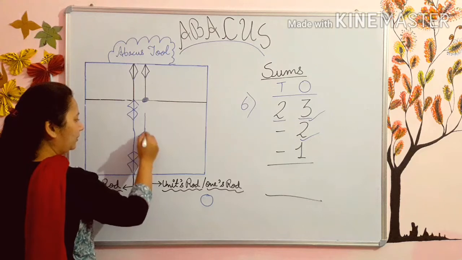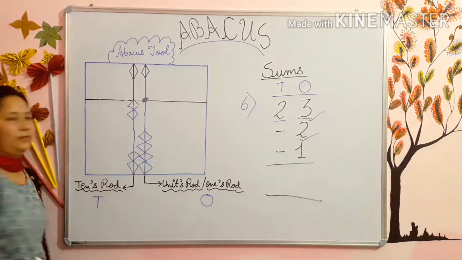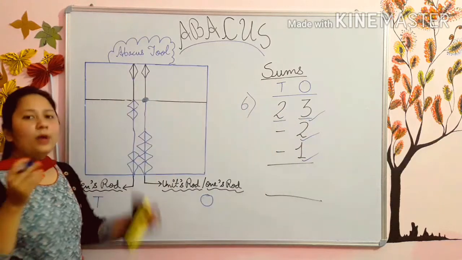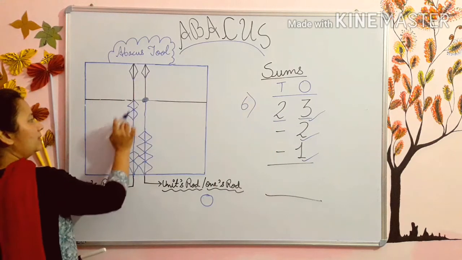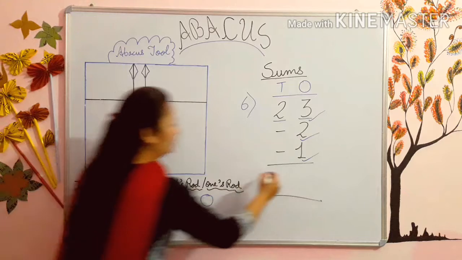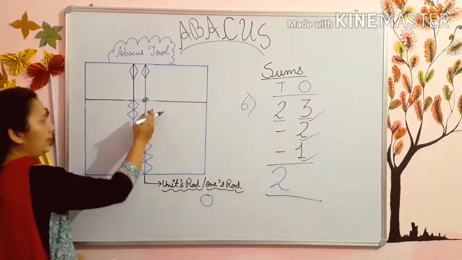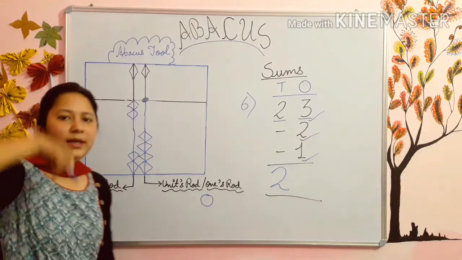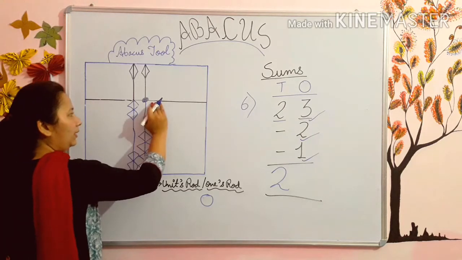आपको नीचे कर देनी है. Down. Then you have minus 1. Now answer. See, here is 1, 2. And here is nothing. See, when you will put the bead up, जब आप bead को ऊपर करते हैं, जब